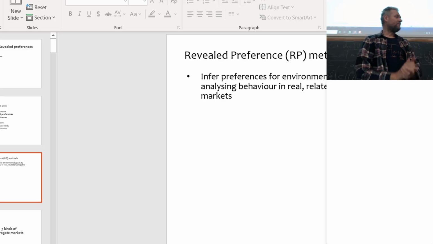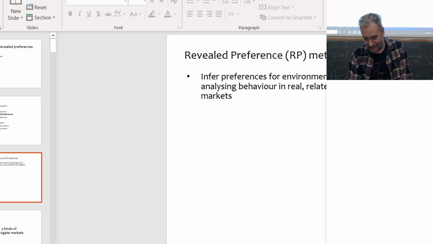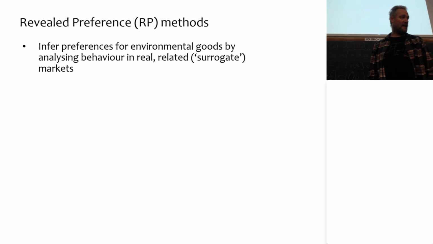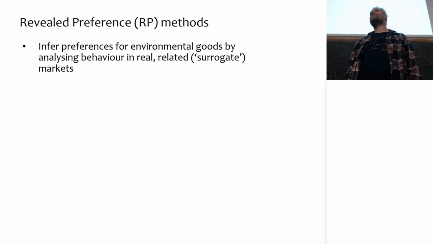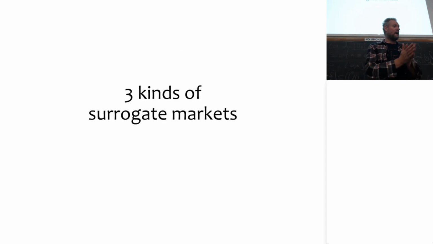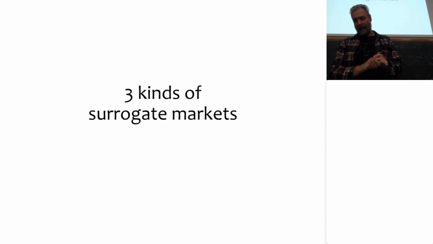So essentially what you do in revealed preference methods, it helps if I just make it bigger. Essentially what you do in revealed preference methods is that you infer preferences for environmental goods or environmental services by analyzing the behavior in real markets, in related markets, in surrogate markets, in hypothetical markets. It comes in all sorts of different ways, but perhaps the best term there is the surrogate market. And there's 3 kinds of these surrogate markets. First,